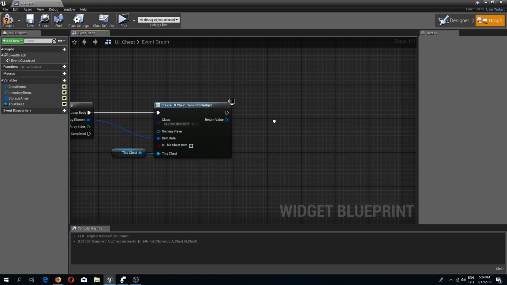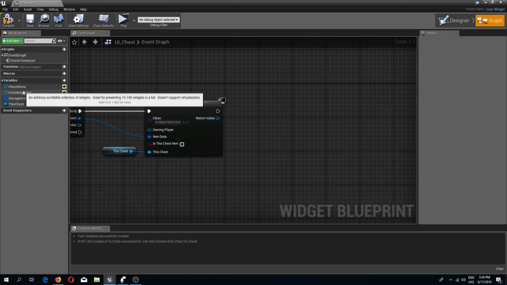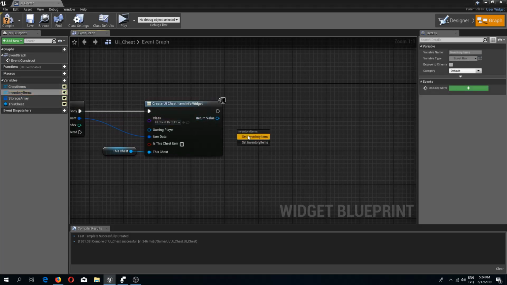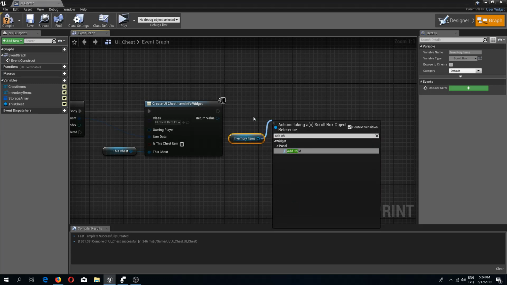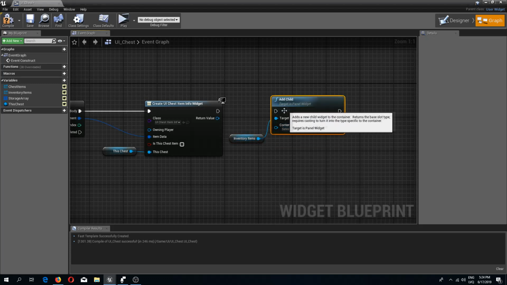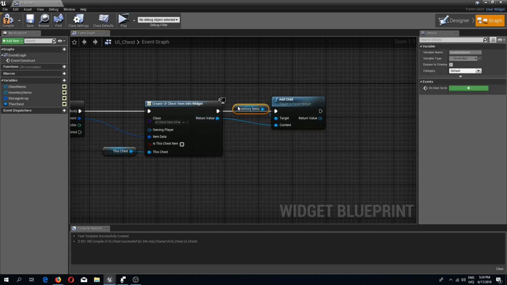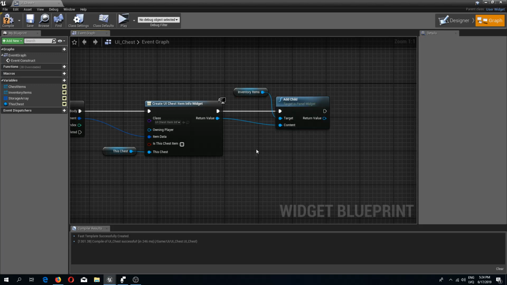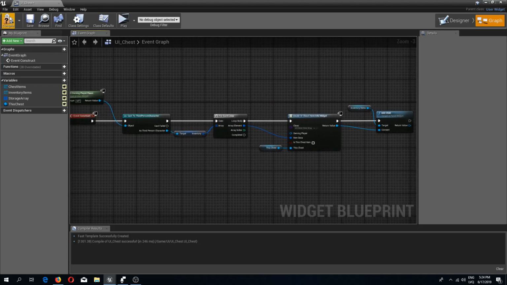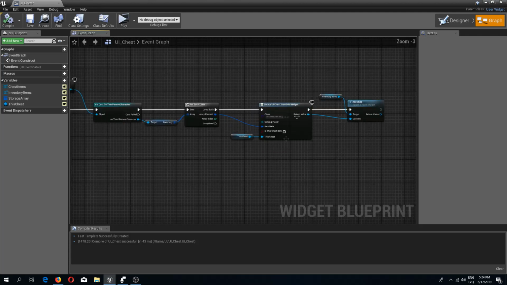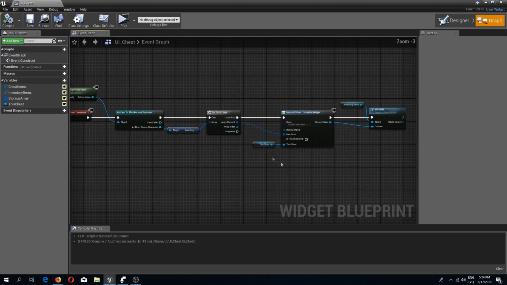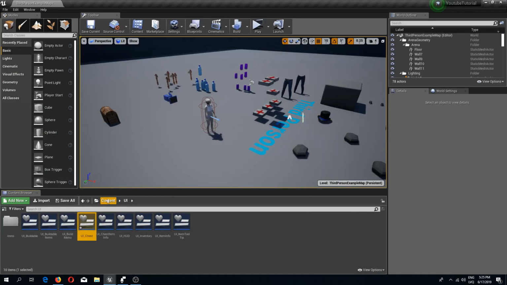And the next thing we are going to do is drag in our inventory items scroll box, and do an add child. And for the content, connect the return value, like so. So now if we compile and save, this should work, but we still need to display this. So I'm gonna go to the third person character,